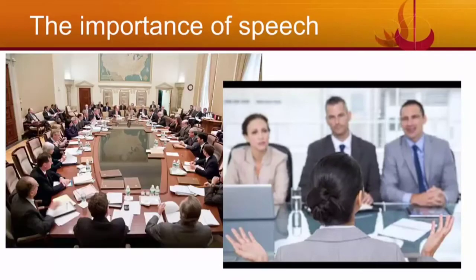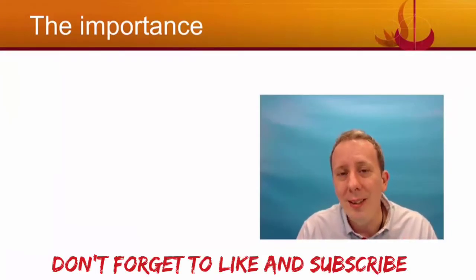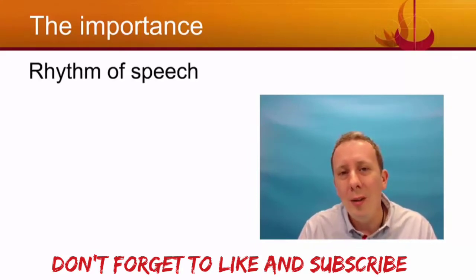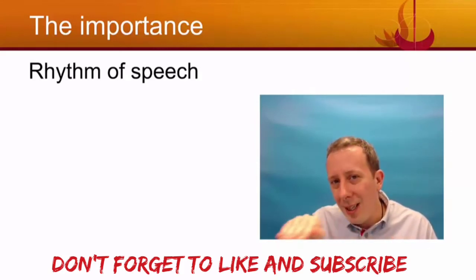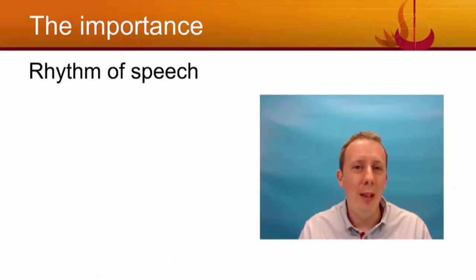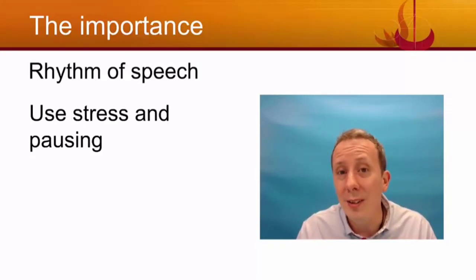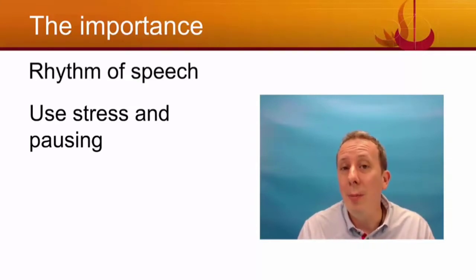Let's think about different things that you might want to consider, for example, from panel job interviews to business meetings. Now, the important things that we should be considering, and we'll go into detail about this in the course, are things like the rhythm of your speech. English is a rhythmic type of language. We don't always speak in the same rhythm, right? We speed up our speech, we slow down our speech, we have stressing, we have pausing in our speech. And these are things that you should be considering. And we'll go into more detail about how you can make use of rhythm and stress and pausing to be persuasive later on in this course.